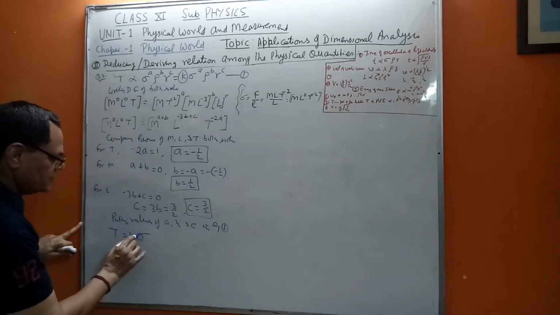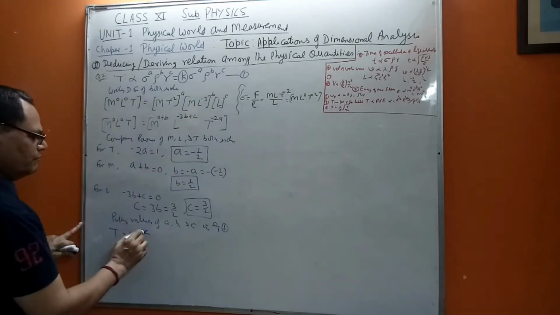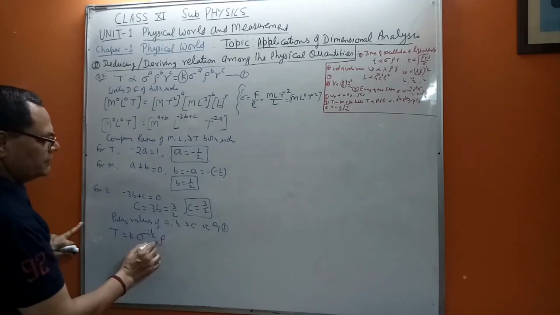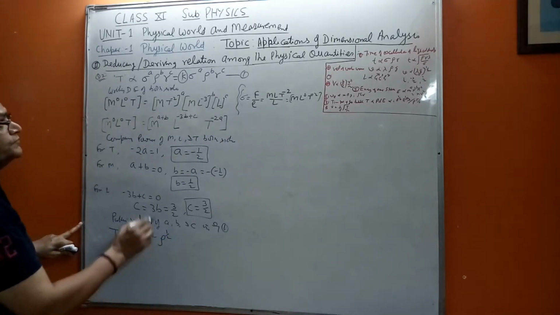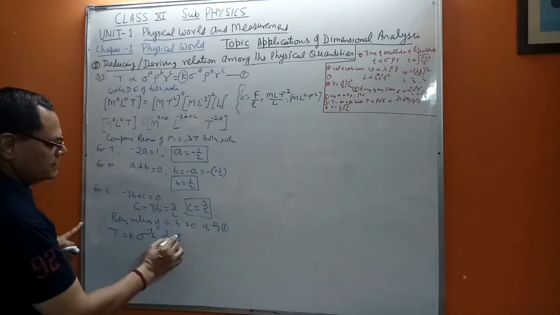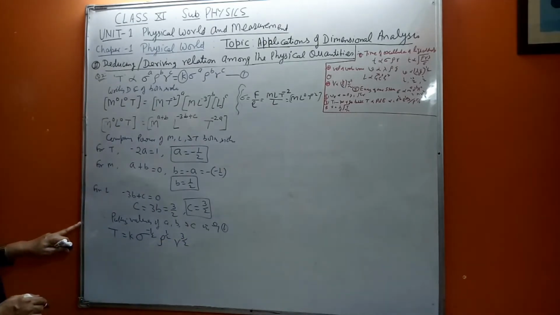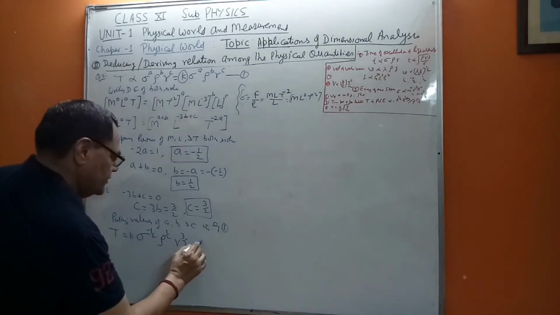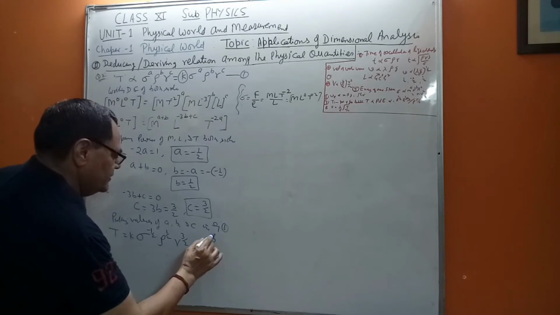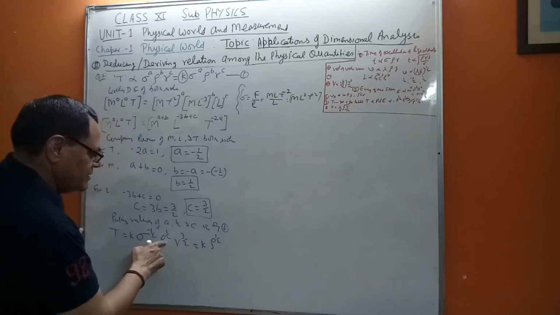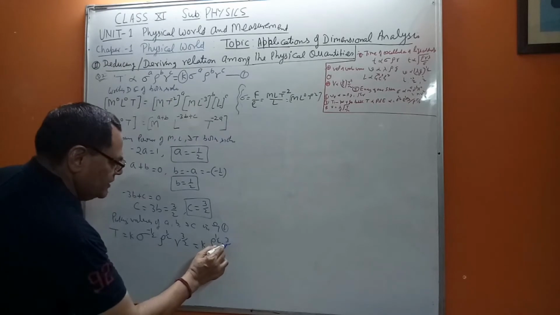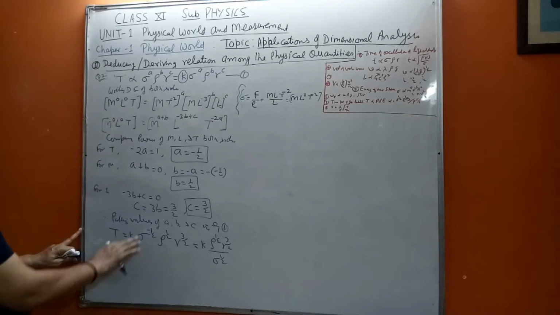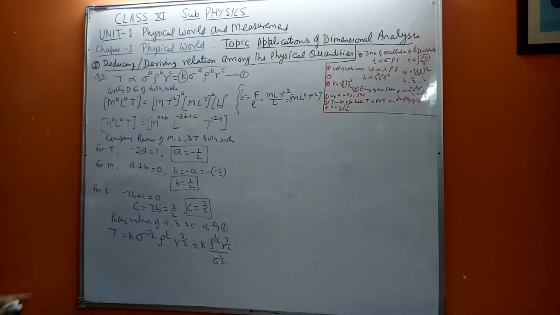Now surface tension sigma, A is minus half. Now the density power B, B is half. And R is C, that is 3 by 2. Now this is the minus half, so you can take it in the denominator. So it is K, and you are left with rho raised to power half, that is the symbol of density, and R is 3 by 2, and of course this becomes sigma half positive because you have taken it in the denominator.